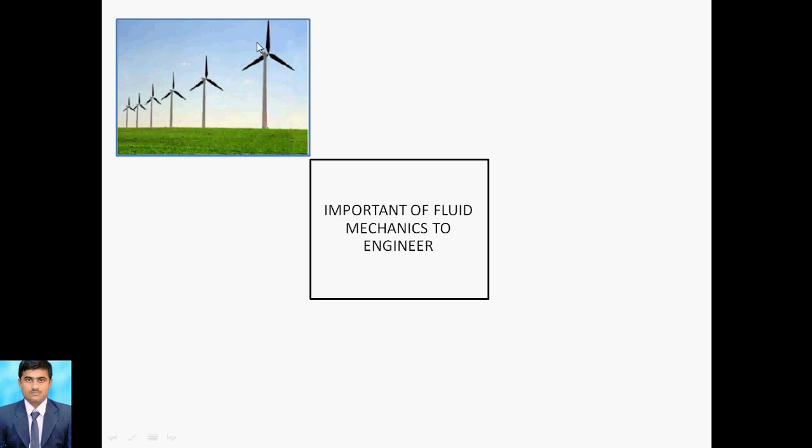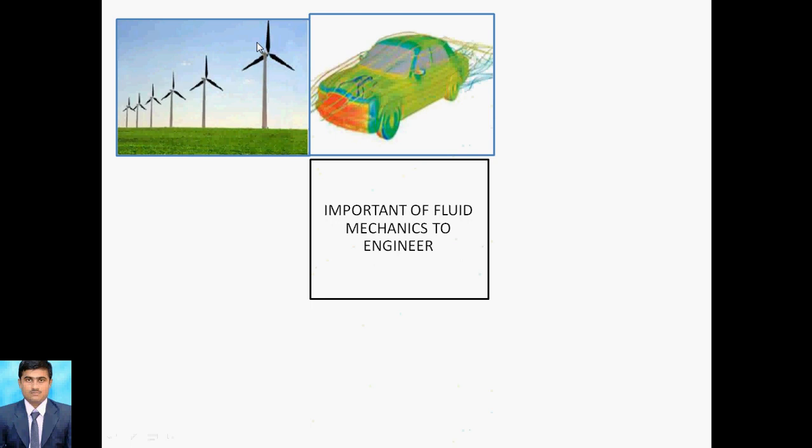The next application is the automobile car. While selecting the streamlines, or air resistance, we can study it over the body, and then we can design the automobile car. At that time we can decide the aerodynamic shapes. In olden days, cars were only in rectangular shapes, but nowadays cars have aerodynamic shapes. These factors can be decided only by studying fluid mechanics.